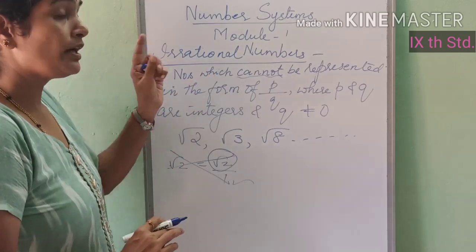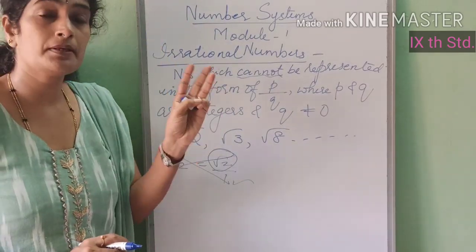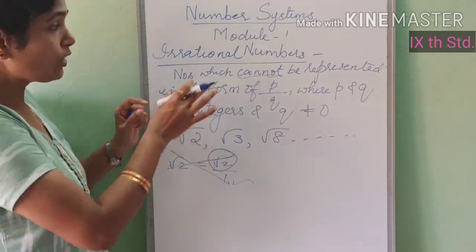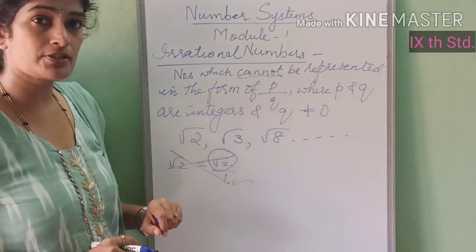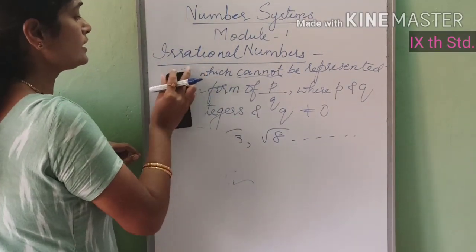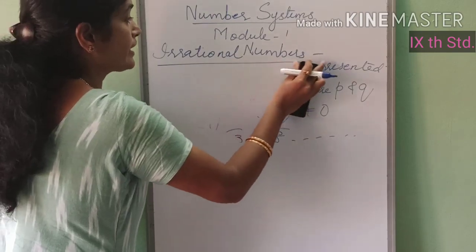So now you have studied from natural numbers till rational numbers, representing all those on the number line. Now, how to represent irrational numbers on the number line? Let's look. Suppose I want to represent an irrational number.